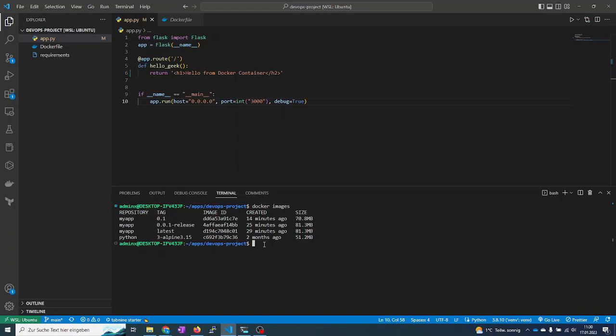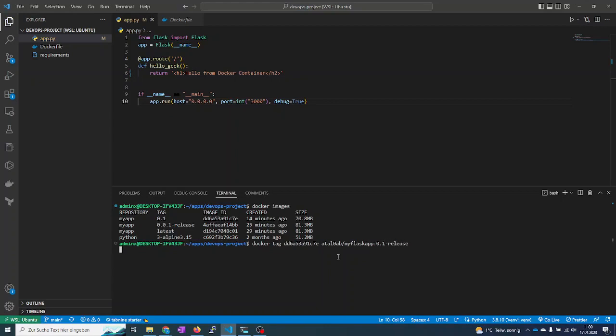First, we have to tag this image. We use docker tag for that, and then we're gonna give the ID, or we can use also the name, but the ID is better. It's the same ID, yeah. And then we're gonna give the name of our hub repository, which is my one like this, slash, and we give the name of the app, my Flask app, and then we also give the tag 0.1